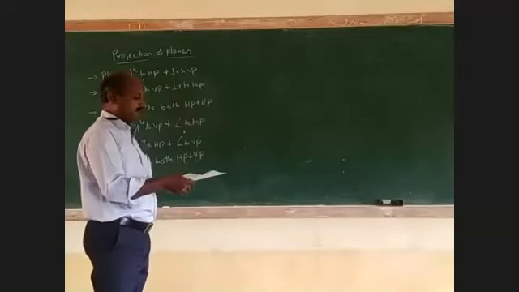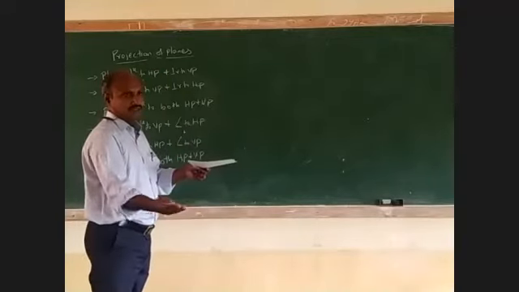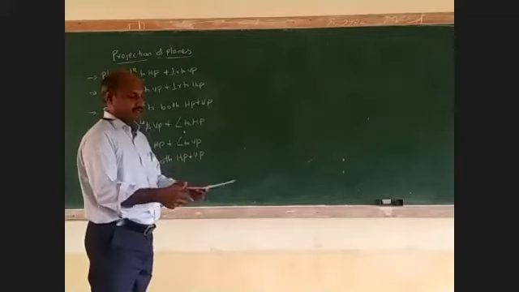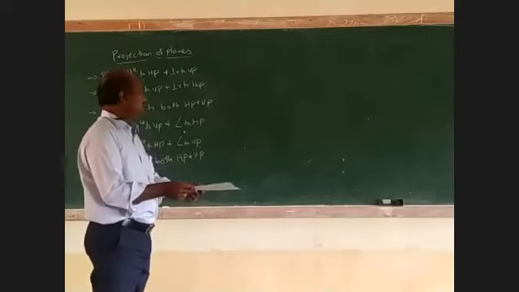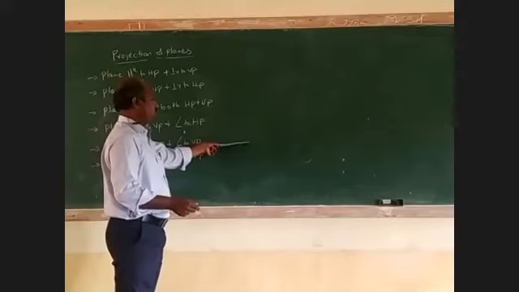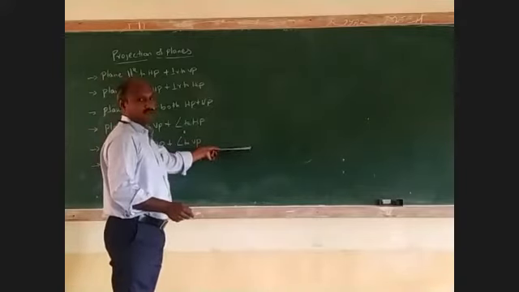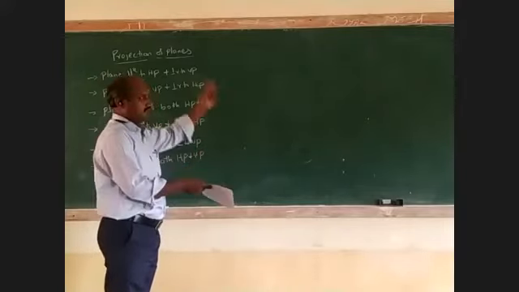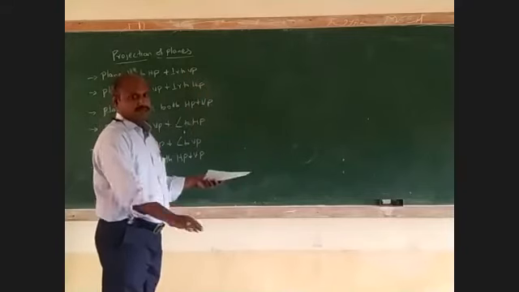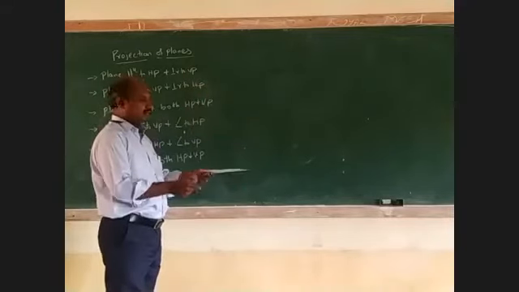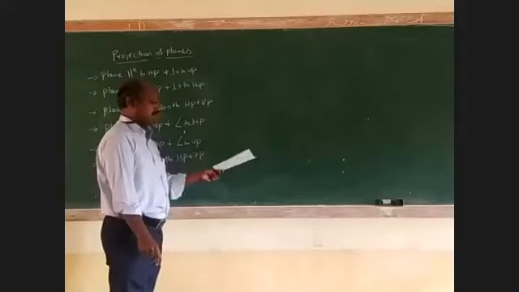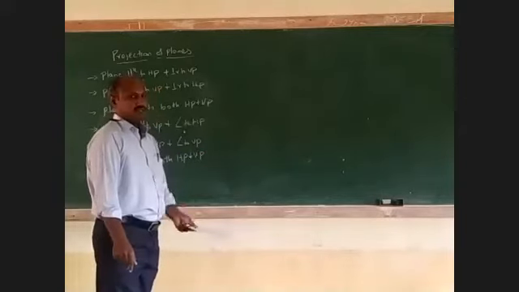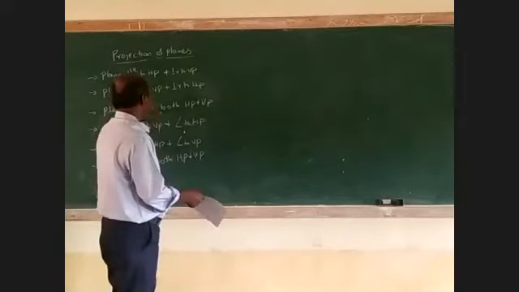It is parallel to HP. This is HP, the horizontal plane. It is parallel to HP and perpendicular to VP. You know, it is perpendicular to VP. This is the VP plane, this is the horizontal plane. That's why I show it like that. It is perpendicular to VP and parallel to HP. Okay. What is the second condition?